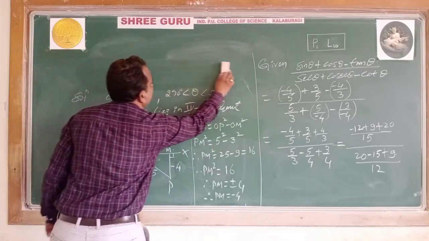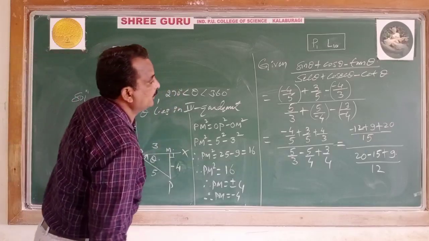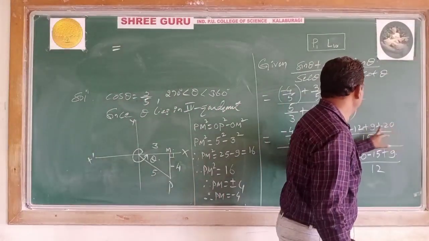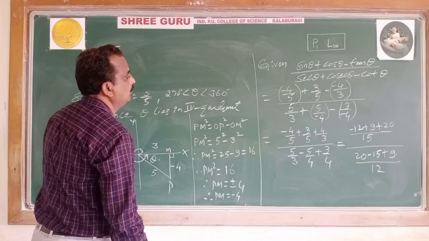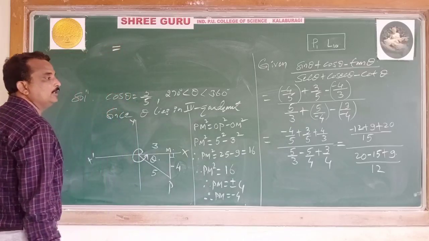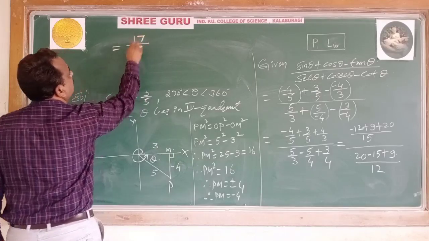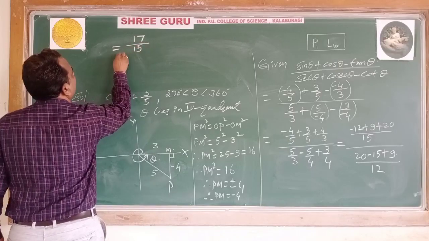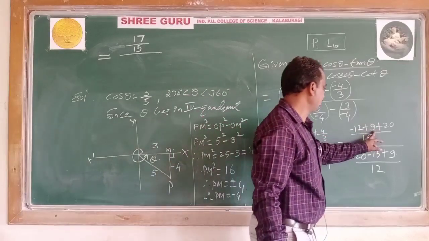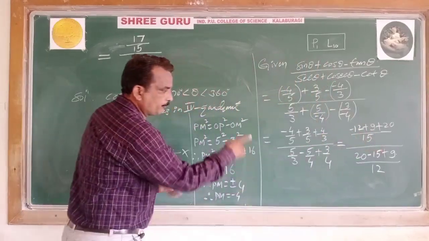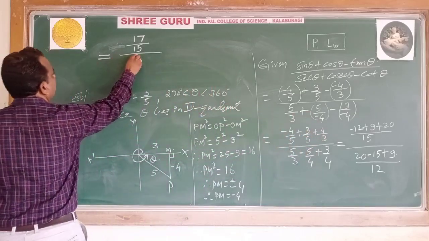Simplifying. See, simplifying here. How much does it become? Minus 12, 29, minus of 12. How much remains? 29 minus of 12, is it 17 that remains? 17 by 15 remains in the denominator, whole divided by. Is it 17 that remains? 29, it is 29. Then 15 plus 9, 29. Again 29 minus 15, then 14 remains here.